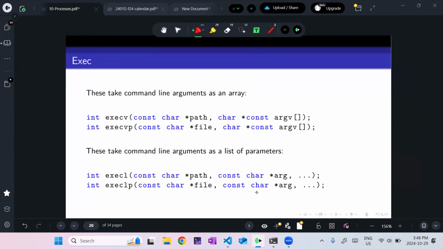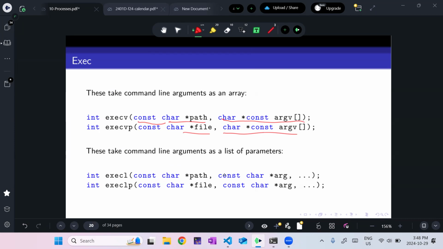So here I need to, because I'm calling another program, obviously I have to know where it is. So I'm going to give the path, maybe a fully qualified path name or just the file name. And also I want command line arguments, right? So whatever I'm calling might have some command line arguments that I need to supply. And even if I don't, there's at least one command line argument that I should supply, and that's the call to the command itself, right? So when I'm calling these commands, I have to make sure to give it the correct information.